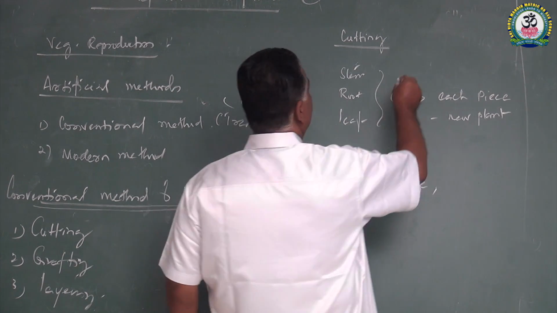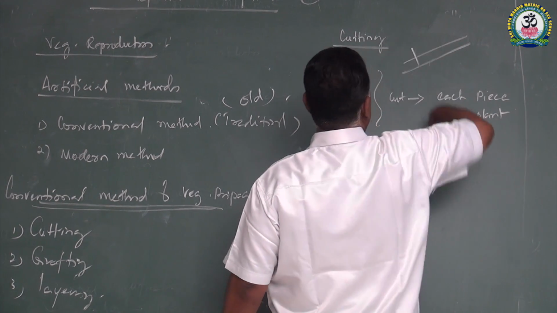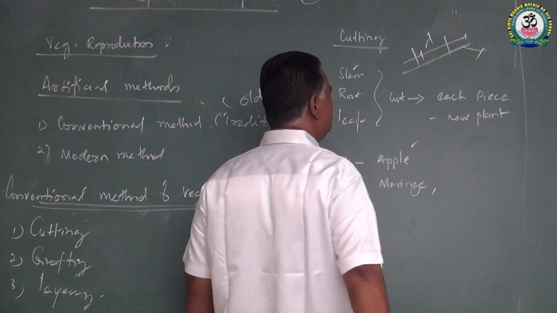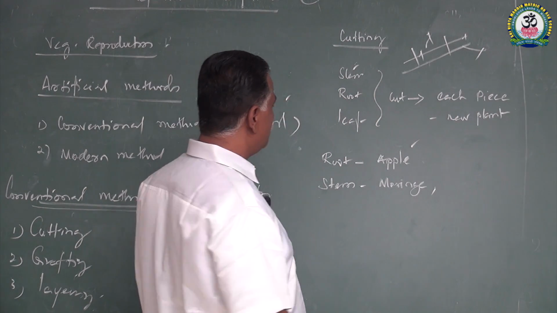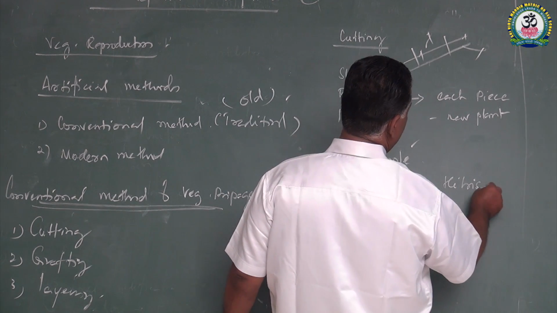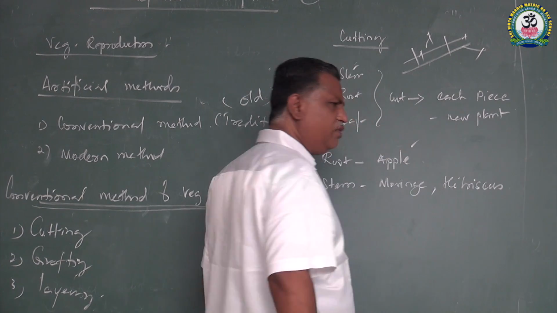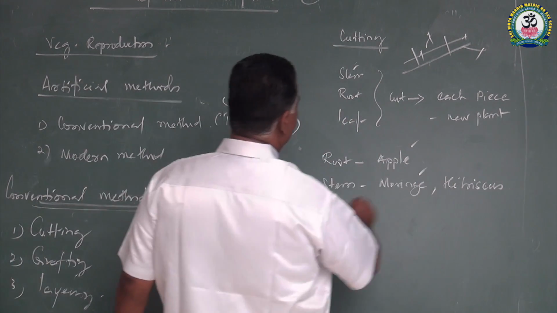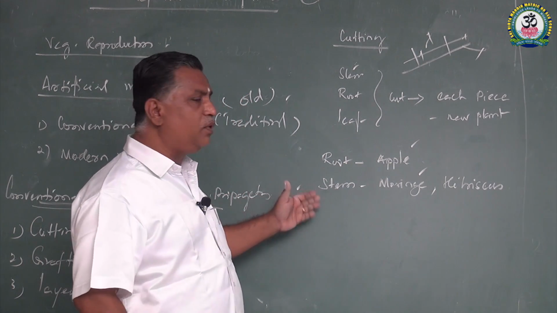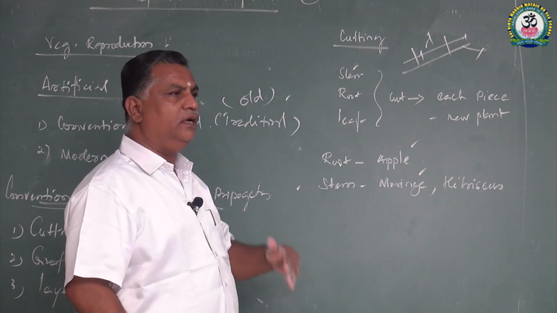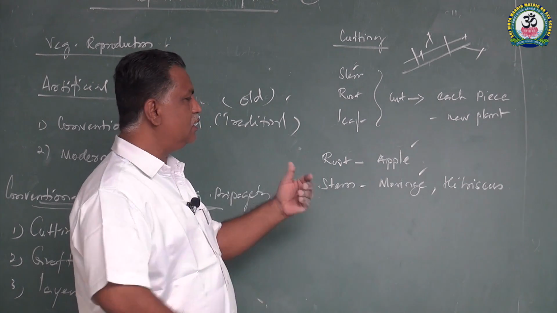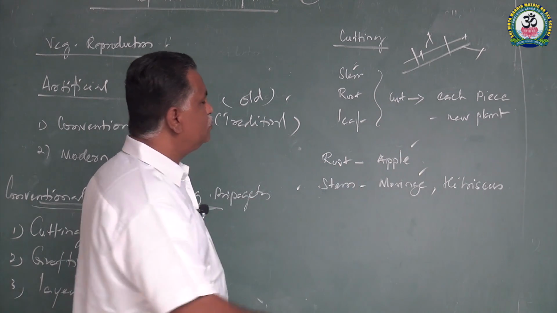So what is cutting? See, the stem is cut, and this part or this part with the axillary bud can grow. This is commercially useful. Stem cutting is used in moringa and hibiscus and Boerhavia diffusa, bougainvillea, and in those plants stem cutting is used. So what is the meaning? Part of the stem, see, in villages you would have seen people carrying the stick of drumstick to their places, and when the soil has moisture and water is provided, the stick is watered, and that will grow into a new plant. So this is a stem cutting.